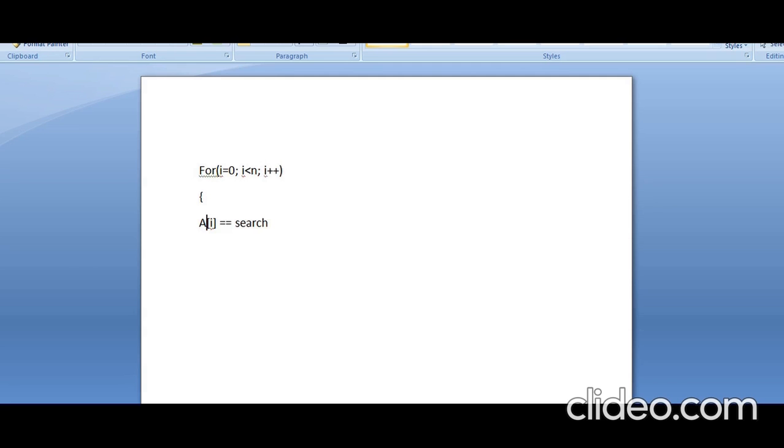And here, if A of I equals to search, so this is going to be the comparison. If A of I equals to search, then I must say yes, I got the value. So simply I will print, yes, the number is available, and add the position.